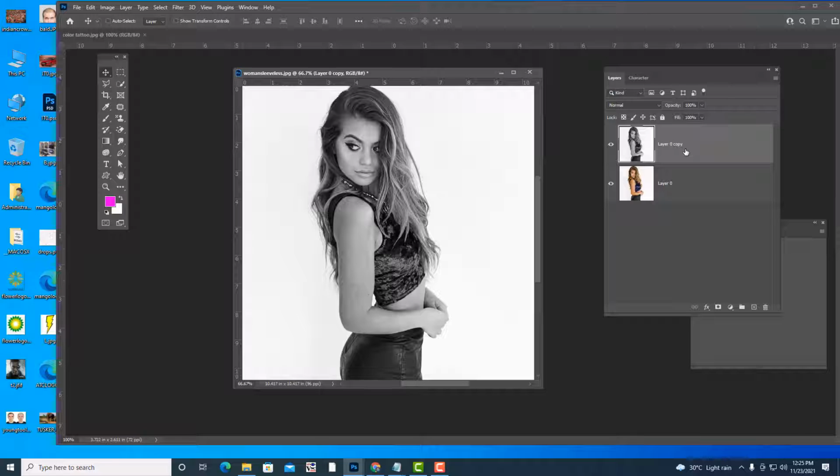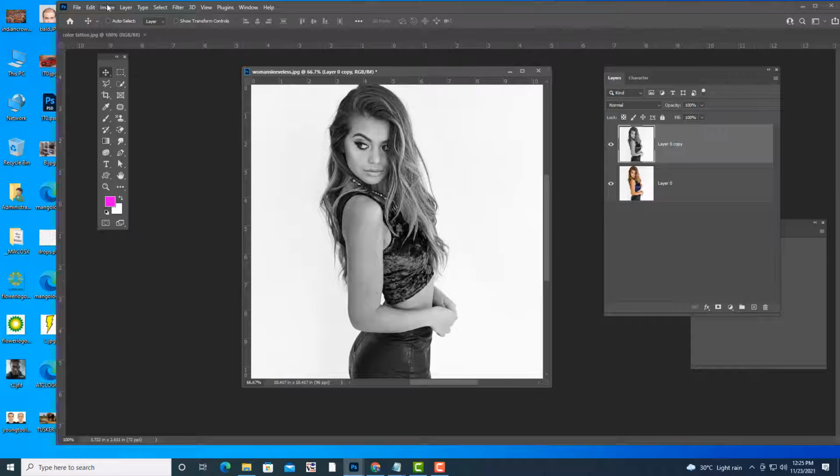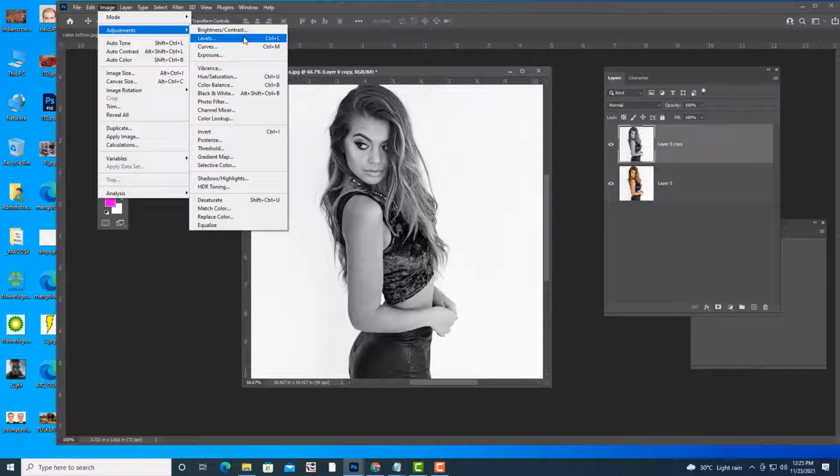Next we are going to add contrast to the image. So what is contrast? Contrast means the dark areas will become darker, and bright areas will become brighter. That is called contrast. So how can we add contrast? To add contrast, we can use an adjustment. We are going to start adjustments after the filters, but for this example, I will be using one adjustment called levels. So where can we find levels? Image, Adjustments, Levels, or you can use the keyboard shortcut Control L.